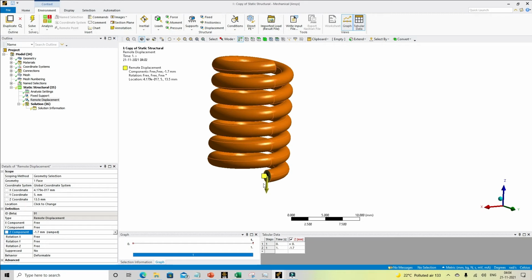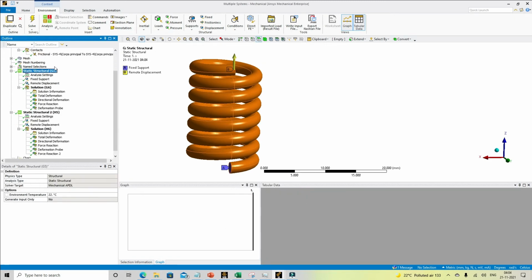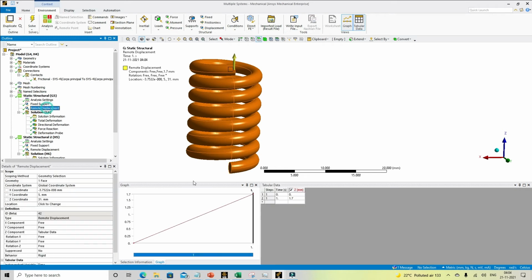Suppose we want to extract the nonlinear stiffness, we can extract the force versus deflection response of this spring model. I already have solved this model, so I will go back to my solved model. Here you can see this is the same setup, and I had applied 1.7 of the value.